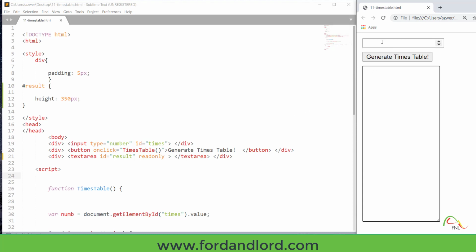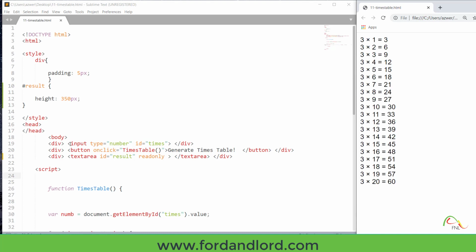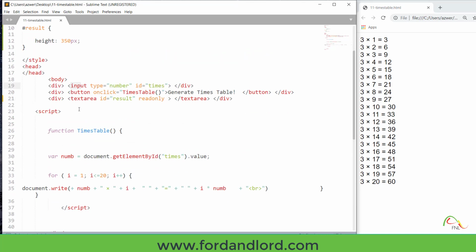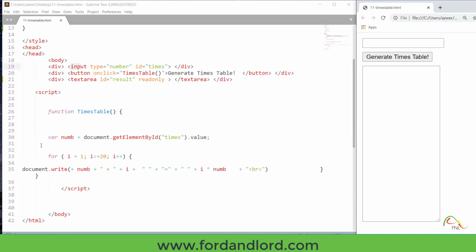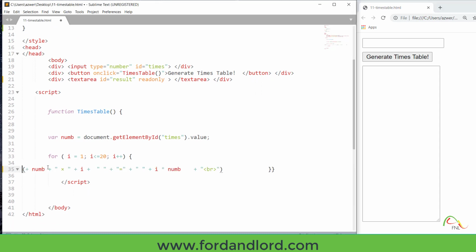But the problem is still there. If I type in any number and click on this button, the input element, the button and the text area disappear. To improve that, to make the results available in this text area, we have to change our code. So I will remove this, and I will remove this as well. I will remove this,